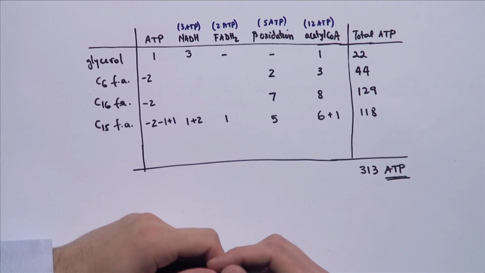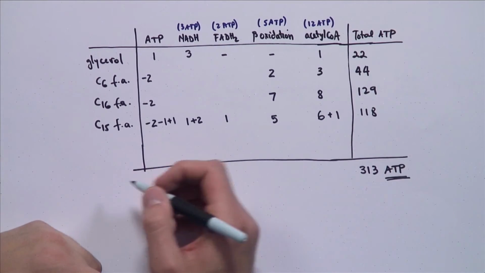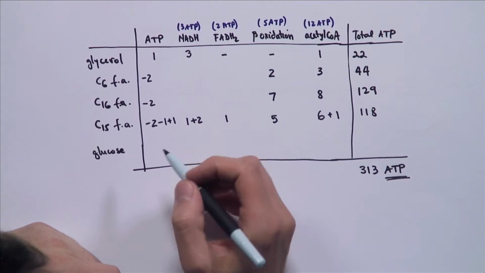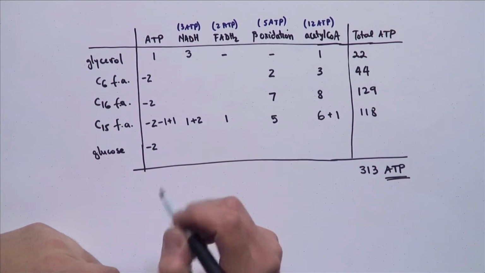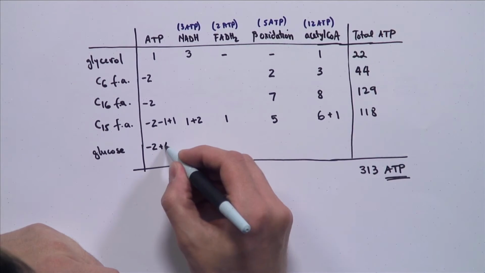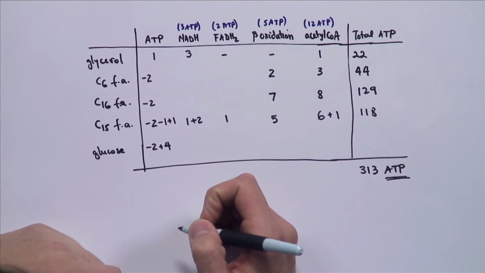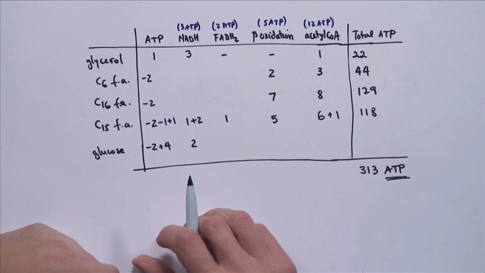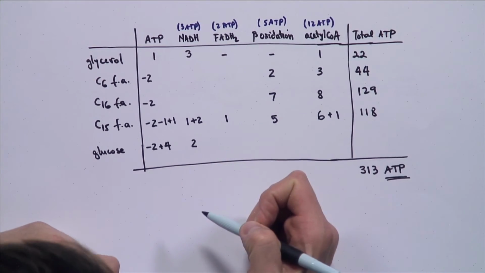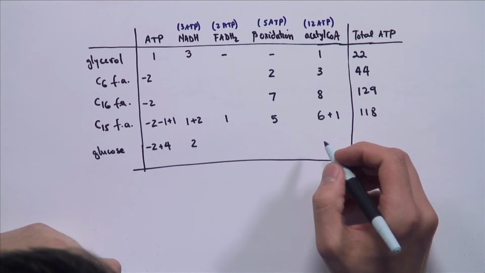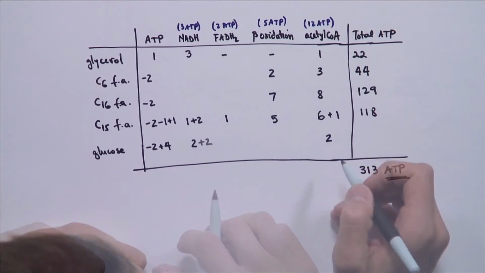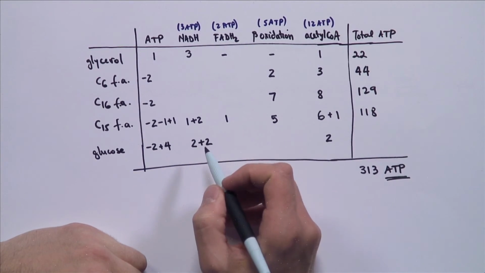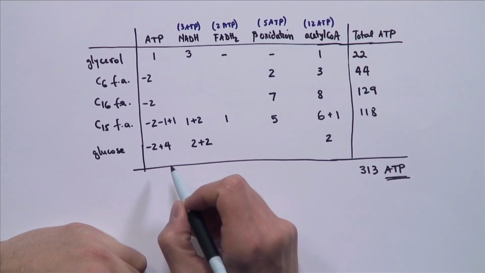Right? If you want to follow the same analysis that we did here, remember glucose, we need to spend 2 molecules of ATP to activate it, but then we're going to generate 4 molecules of ATP going to pyruvate. And then there's going to be 2 molecules of NADH generated, one at the GAPDH step, one at the pyruvate dehydrogenase step, and finally we're going to generate 2 molecules of acetyl-CoA. So the total is going to be 2 times 12 is 24, plus 4 times 3 is 12, that's 36, plus 2 is 38.